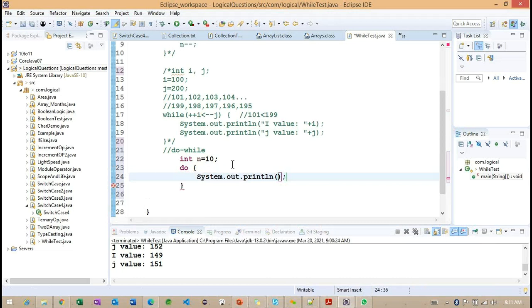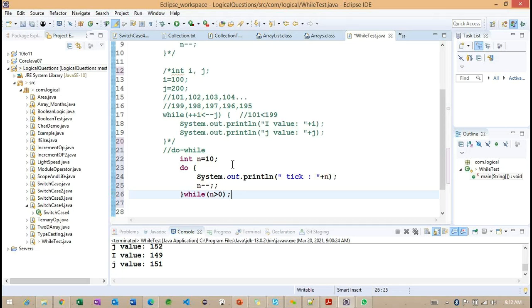Inside the do, I'm printing a statement, some message and the n value. Now I'm making n minus minus. So this is the syntax we need to follow whenever we work with the do while loop.